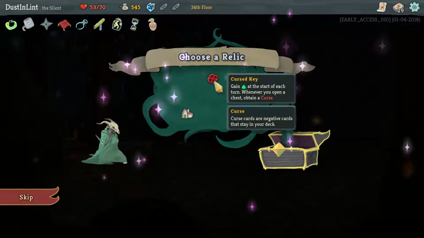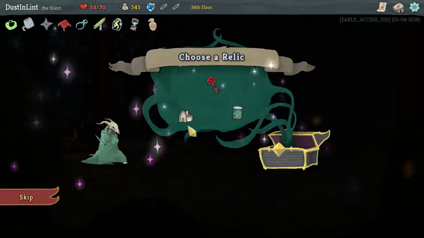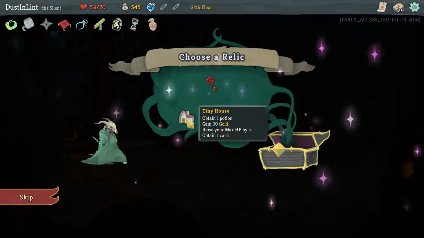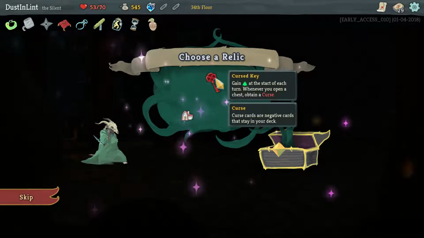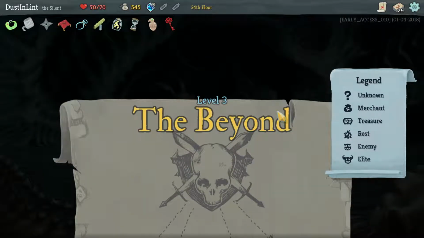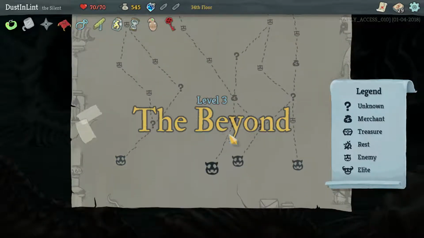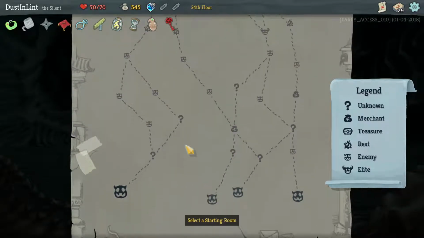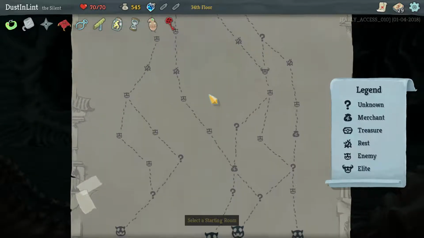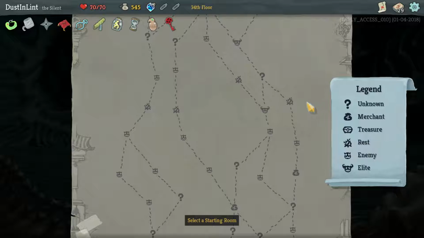Gain energy at the start of each turn whenever you open a chest. Obtain a curse. Obtain 1 potion 30 gold, max HP by 5, and obtain... I think we go with the cursed key for more crazy plays with 5 energy. And now we're in the Beyond, where we'll see if our deck holds up against the toughest of the tough here. Let's see here. We have 1 guaranteed